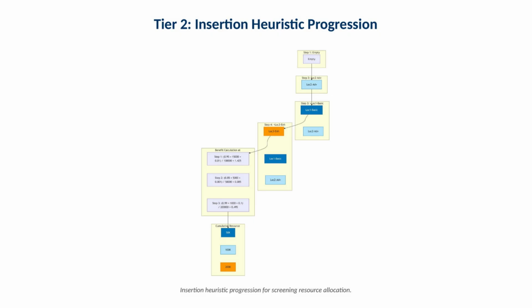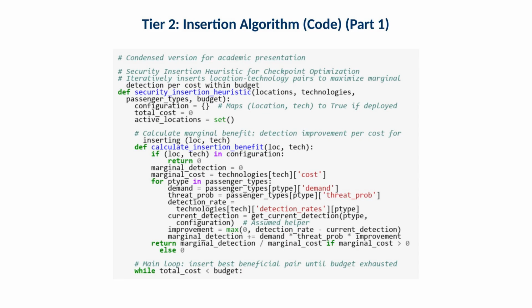Early insertions usually target the dominant passenger flows because improving screening on the highest volume stream yields the biggest overall impact. Later insertions tend to focus on high-risk selectees or bottleneck points, where a small capacity increase can reduce delays and secondary screening spillover. In the first code segment, you typically see the data model, passenger categories with demand and